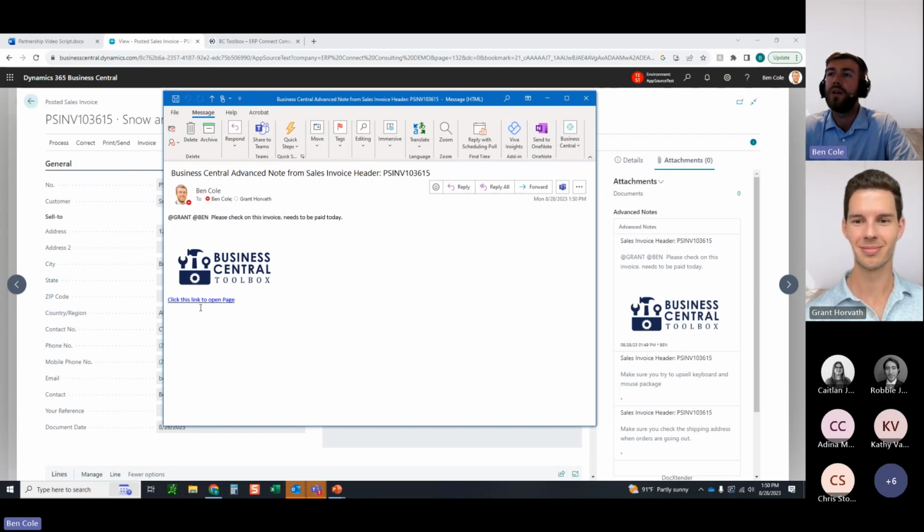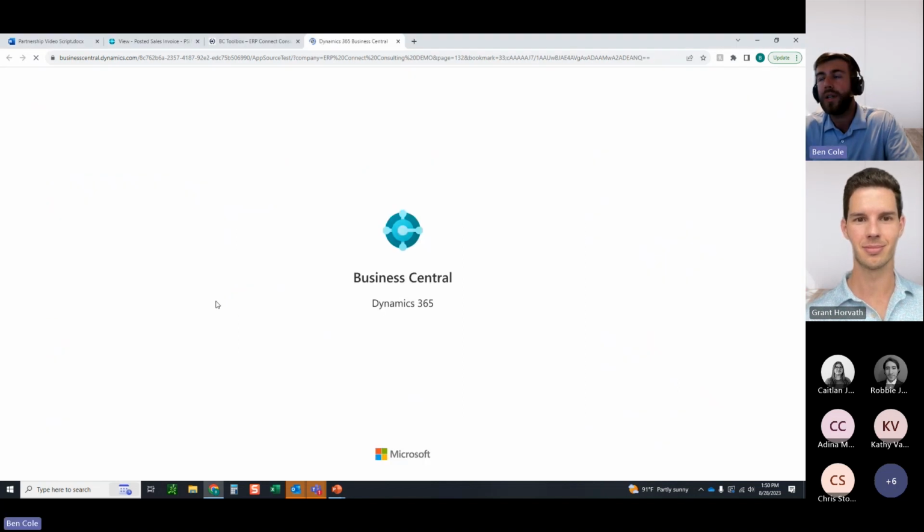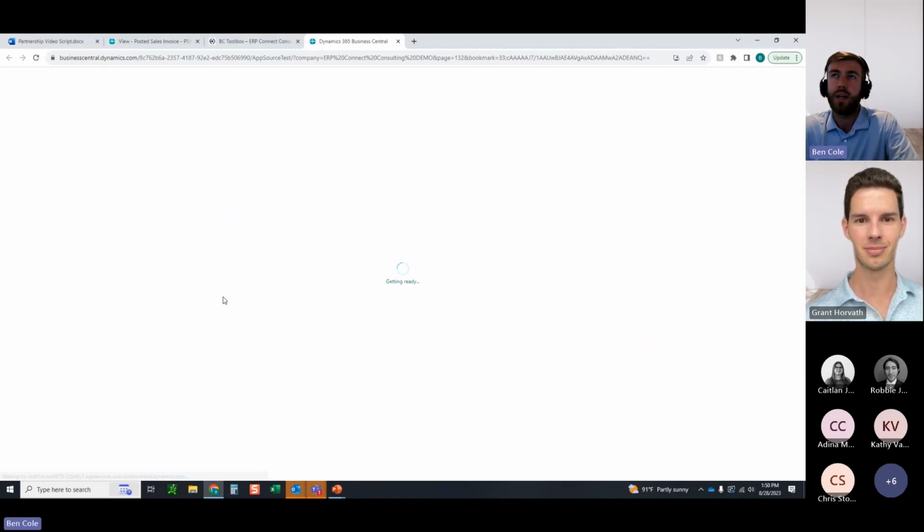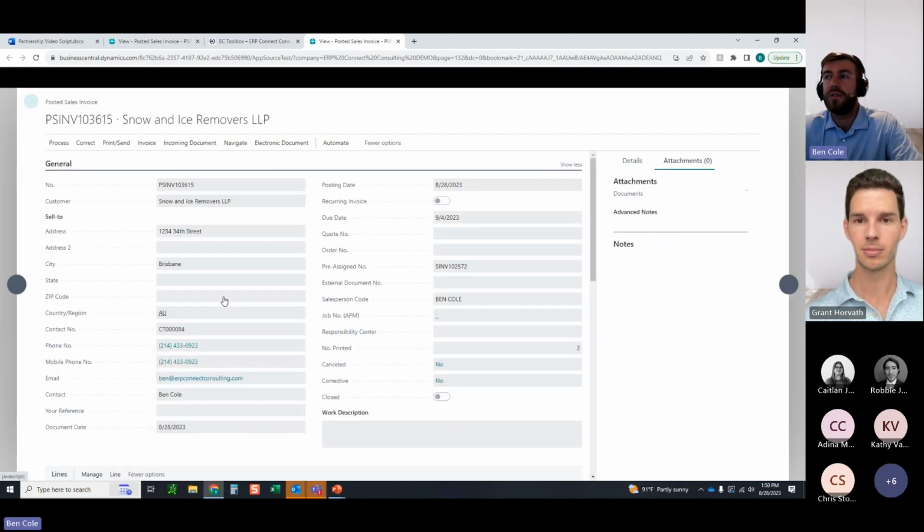Needs to be paid today. It gives me my logo, and it gives me a hyperlink that I can click on. What that hyperlink is going to do is open me right back up into that transaction. So this is the most used feature in advanced notifications